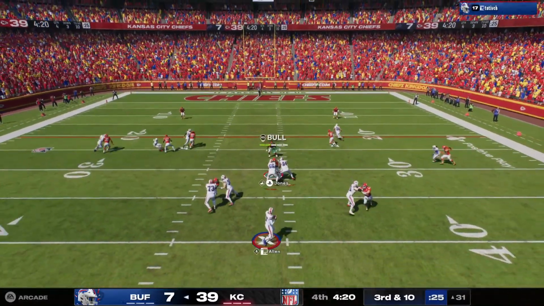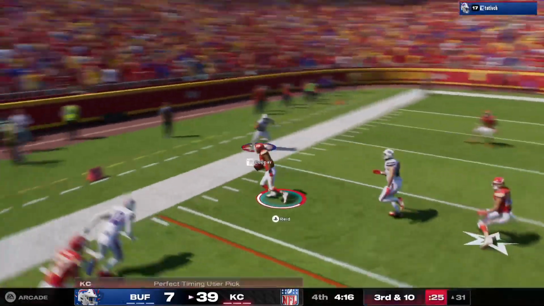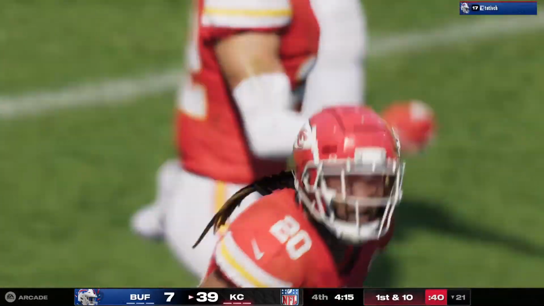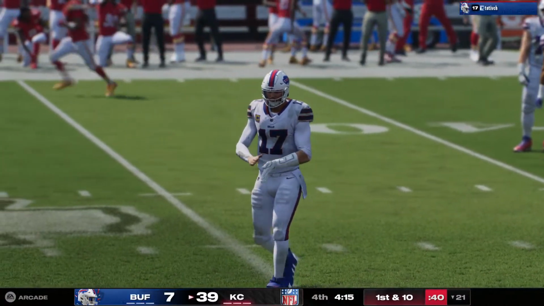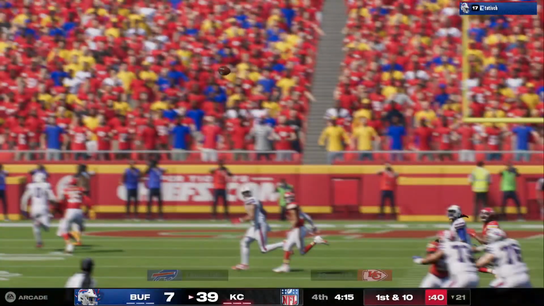So the shotgun snap to Allen. And his pass is intercepted for the 4th time today. Picked up by Justin Reed. And the Chiefs are going to get the football here as he gets this up past the 20-yard line. But with this advantage, this defense knew that passes...